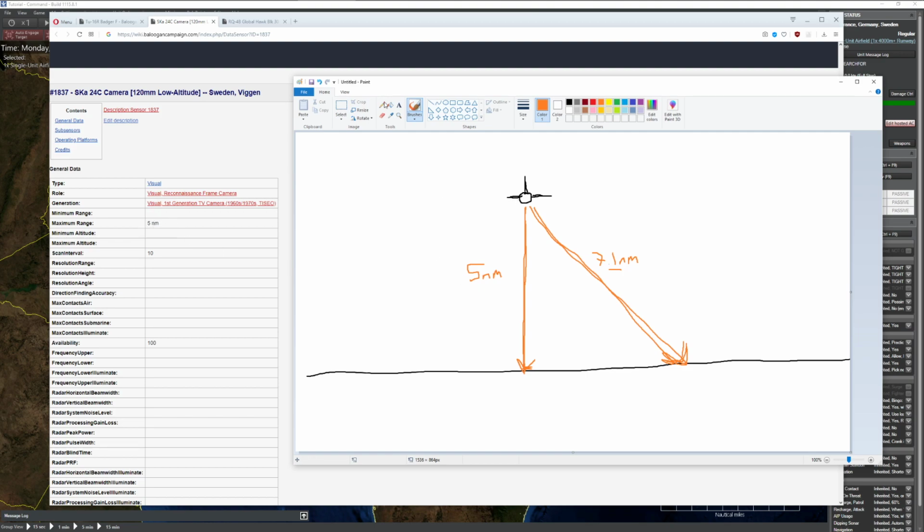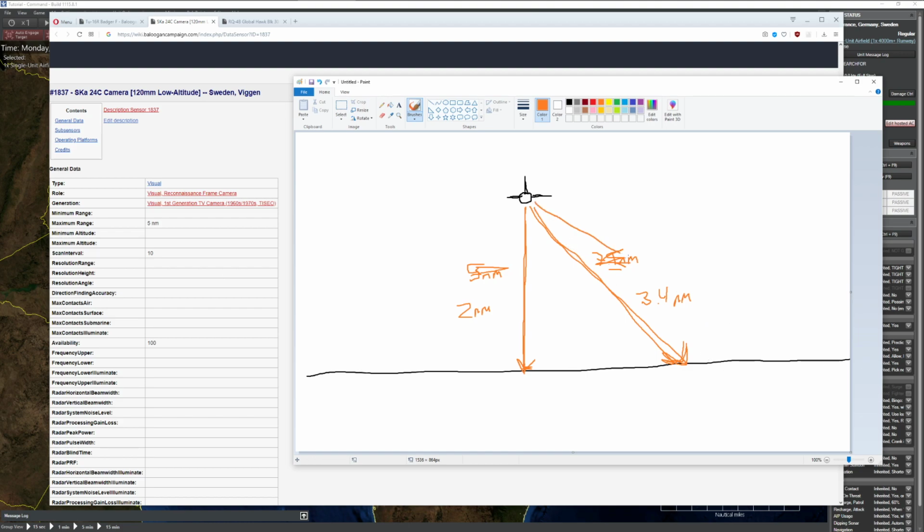So how do we solve this? Well, that's pretty straightforward. What you'd simply do is fly at 2 nautical miles, which would mean your slant distance out the side would probably be, let's see, square root of 2. What is that, 3.4 or something like that? I'm not going to make this up. Basically about that distance. So now I would be within my 5 nautical mile maximum range for things out the